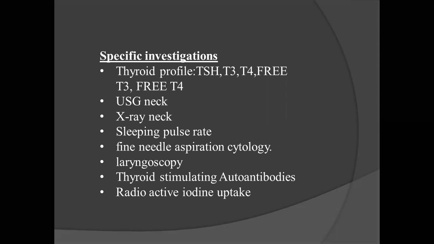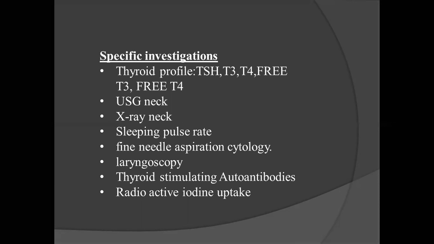What are all the surgeries you do? Basically 3 surgeries they tell you. One is hemithyroidectomy, second is subtotal thyroidectomy, third is total thyroidectomy. Hemithyroidectomy is done for solitary nodular goiter alone. In solitary nodular goiter, if after investigation there is also no other nodule, then we do hemithyroidectomy. Hemithyroidectomy is removing one lobe along with the isthmus.